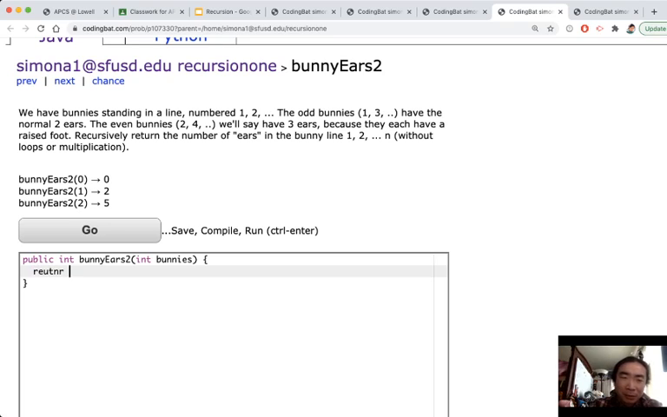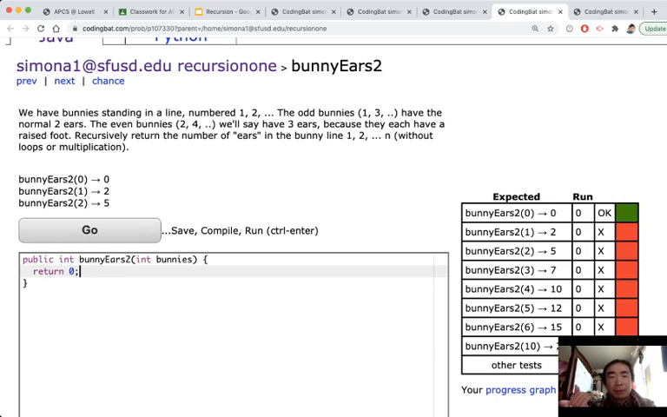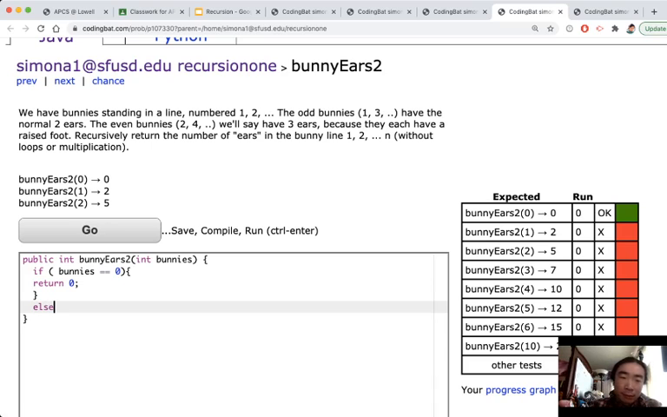Let's take a look at the code. What is the base case? Is it 0 bunnies or 1 bunny? 0 bunnies, cool. So if we have no bunnies, we return 0. If bunnies equals 0, return 0. Otherwise, the recursive stuff, we have to count by 2 and then add up all the bunnies that came before it